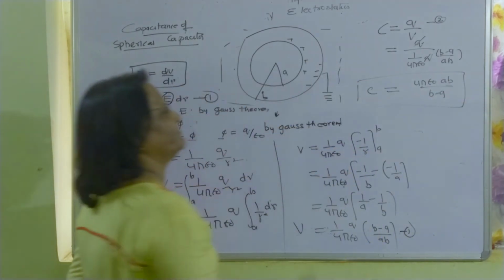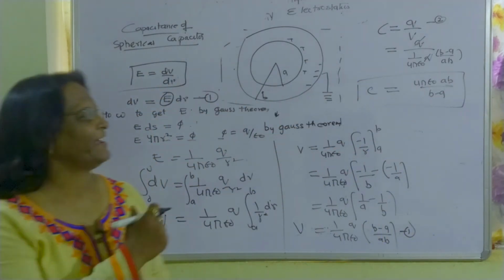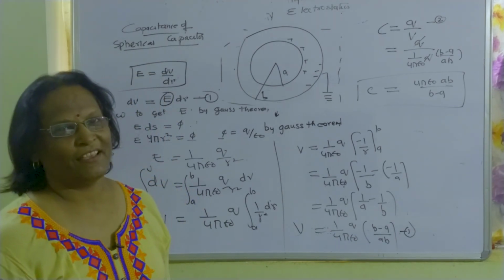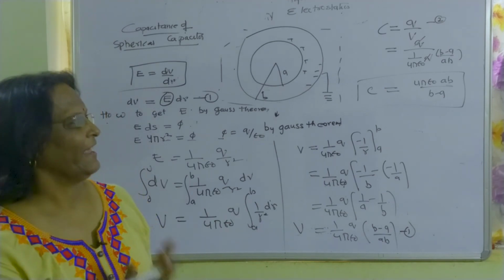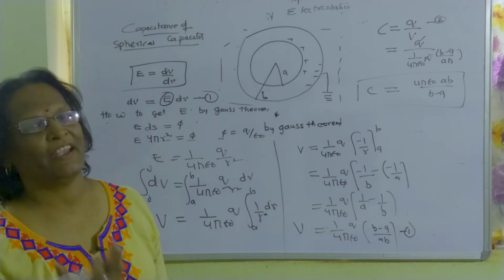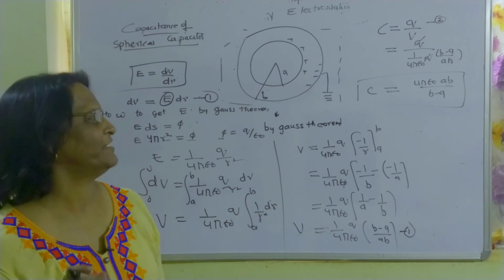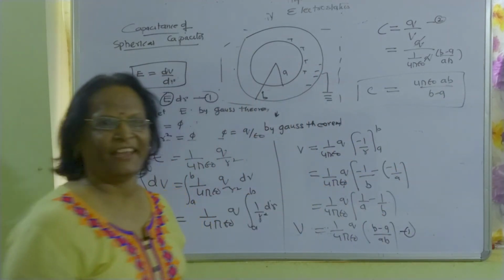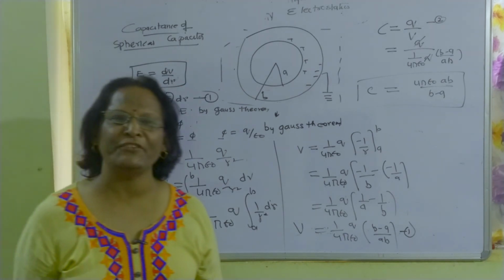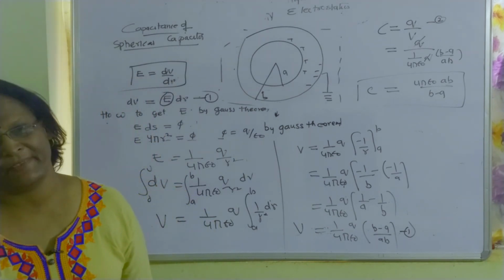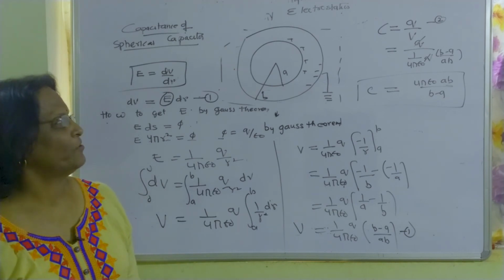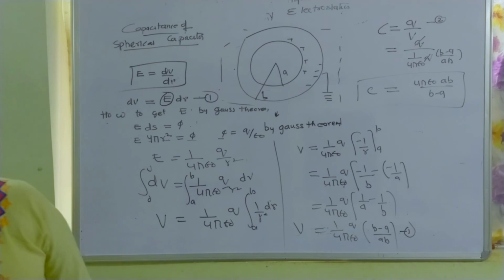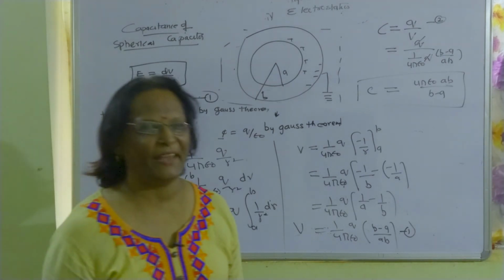Again you see capacitance of a spherical capacitor without any Q existing there. So again capacitance is independent of charge supplied or charge stored, but it depends on dimensions, that is A and B. A and B is radius of two plates, and nature of insulating medium between the plate, that is epsilon 0. So this was the two types of plates of capacitor which was to be explained here.